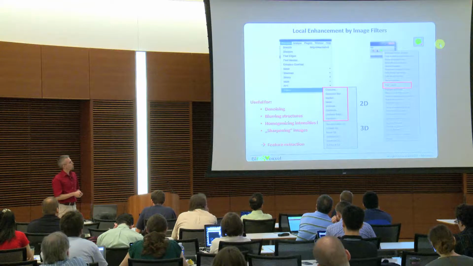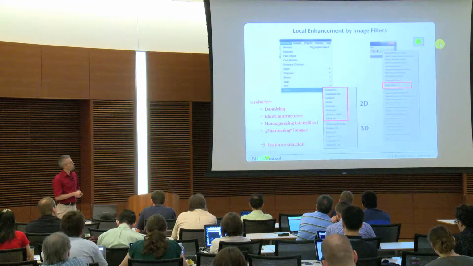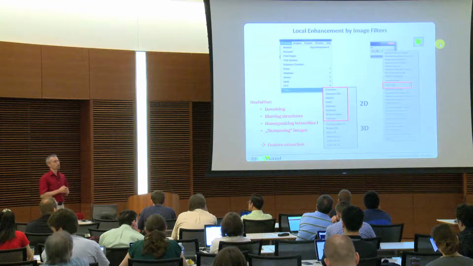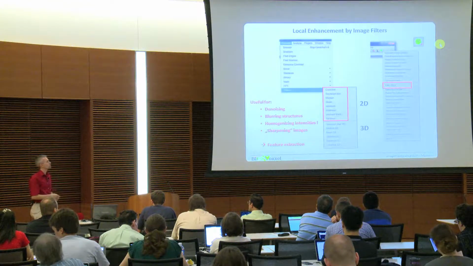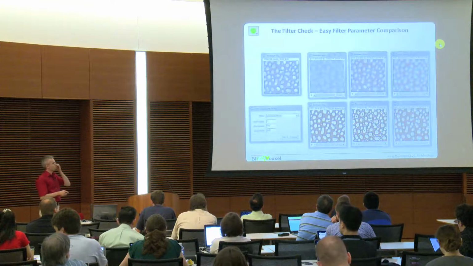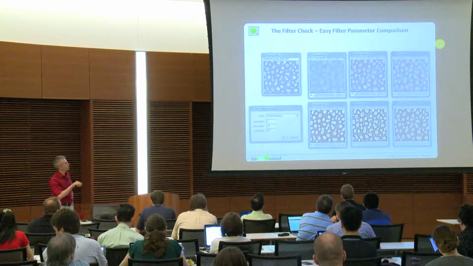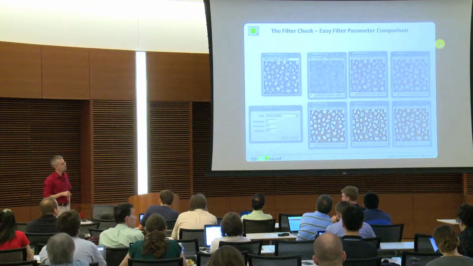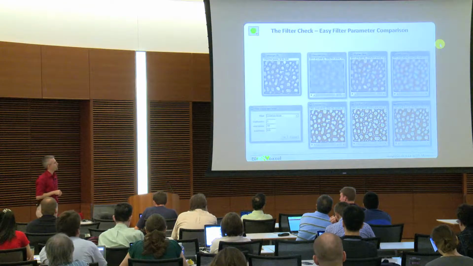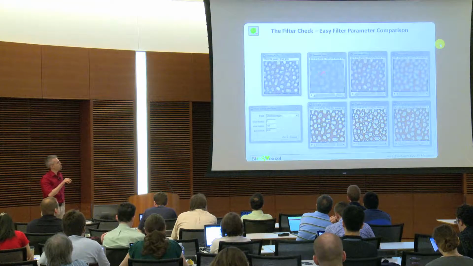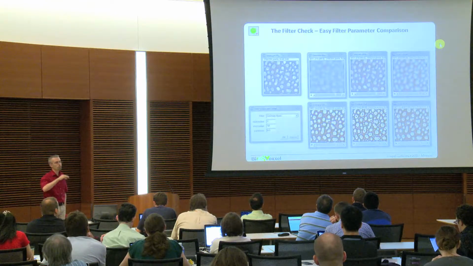Important is now that what I want to show you is that we have in the Biovoxel toolbox a filter check. This should be there for comparing different filters, because you've seen that what we have is we have Gaussian, median, mean, and we have some other filters, including statistical filtering. And in this case, the filter check should enable you to have them next to each other, and then basically also go through the different